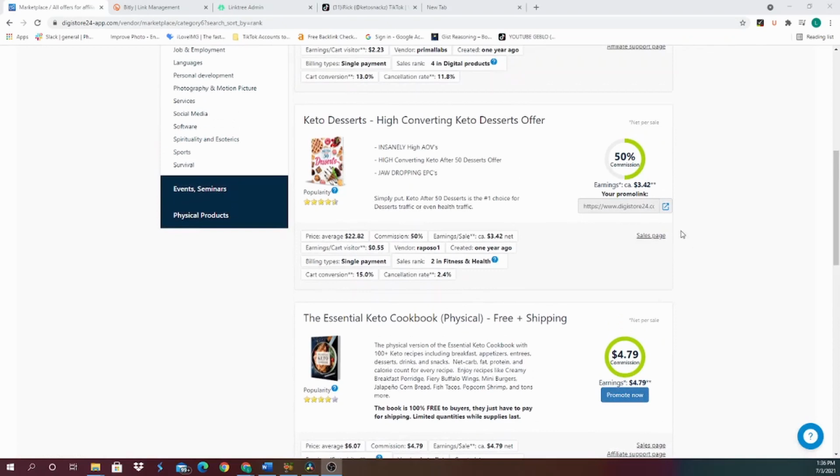Once you click that button, you're going to get your affiliate link, and this is what we're going to use to track sales and get paid. So once you get your affiliate link, go ahead and highlight it and copy it. And then I'm going to show you exactly where and how to promote this affiliate link so you can start